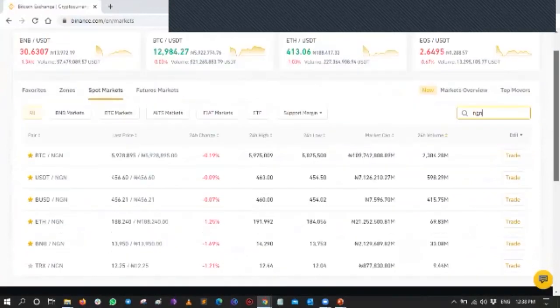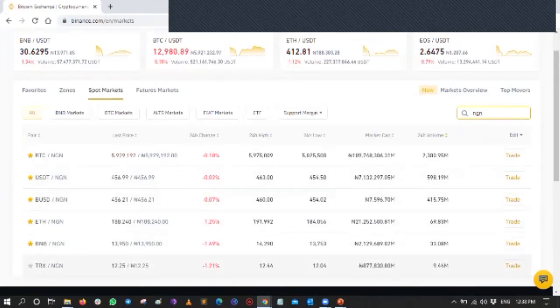So let me go and buy Bitcoin. Okay, or you can search for your coin, the coin name. So let me search for NGN. It will show me all the pairs of NGN. So we have about 6 of them that you can use your NGN to pair against, to buy. You can use NGN to buy BTC, as an asset. You can use NGN to buy USDT as an asset. You can use NGN to buy BUSD as an asset. Same thing goes to ETH, Ethereum, Ether, BNB, and TRX.